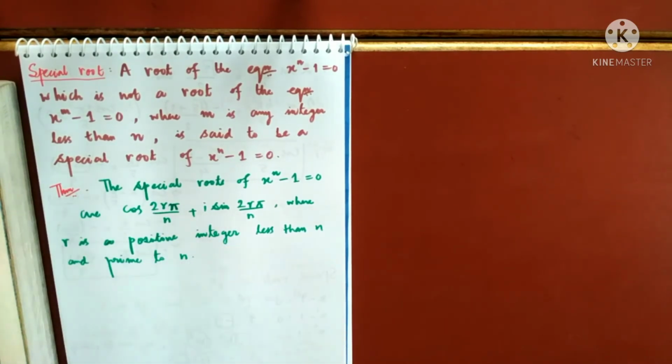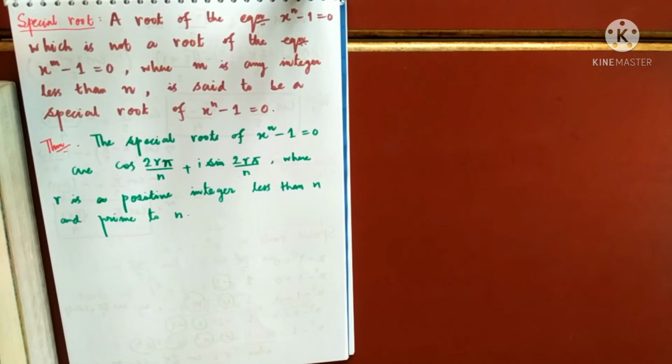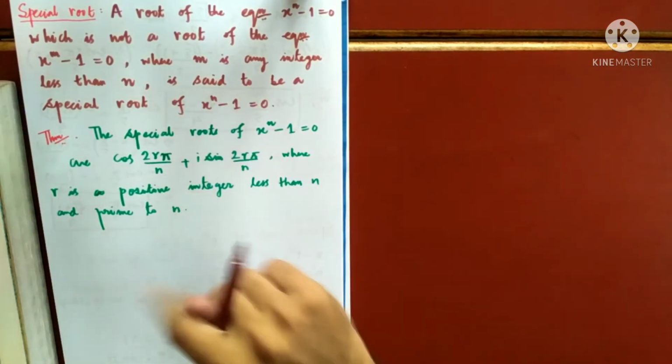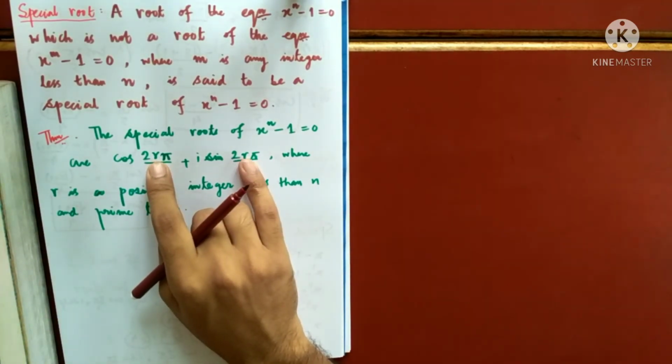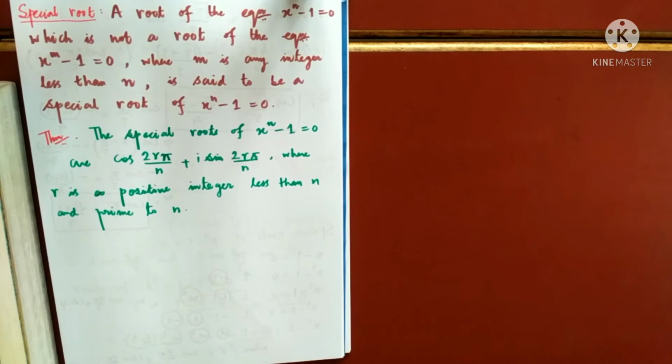So this theorem, I'm skipping the proof as already mentioned, because I will not be doing special roots in much detail, because it is not completely mentioned in the syllabus anywhere. Definitely you can go through the proofs, they are easy enough, but for the time being I'll skip the proof because your exams are approaching and we do not have much time in our hand. Okay, so remember what this theorem says. Among all those roots, those r's which are prime to n are the special roots. For example, I'll give you an example of how this theorem is helpful for us.